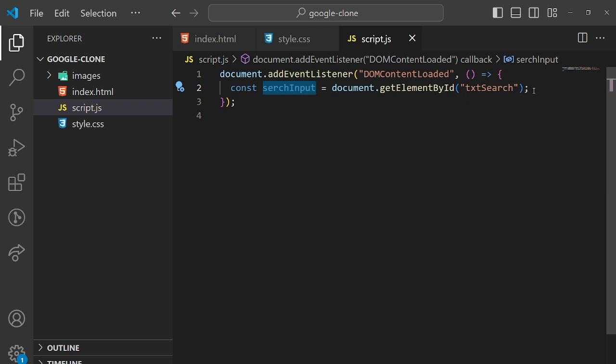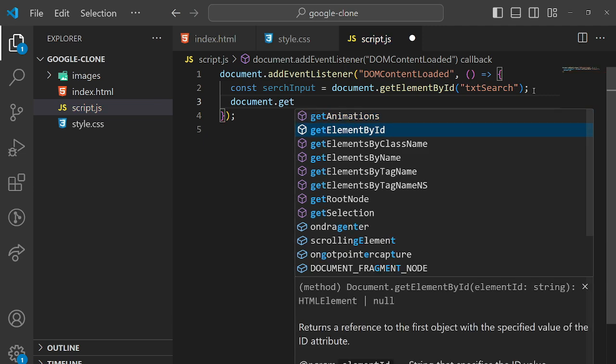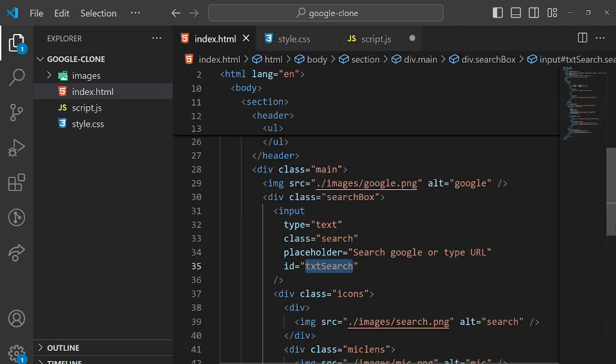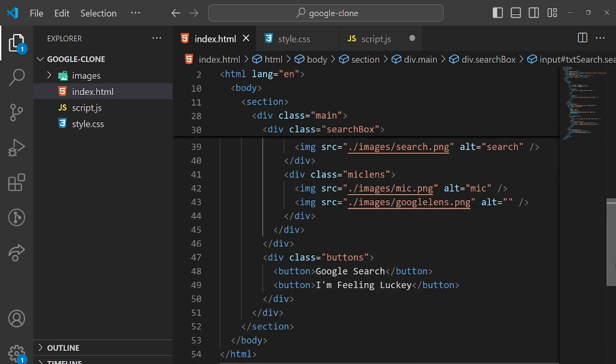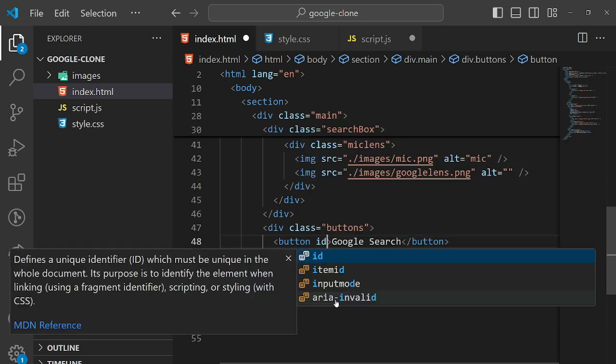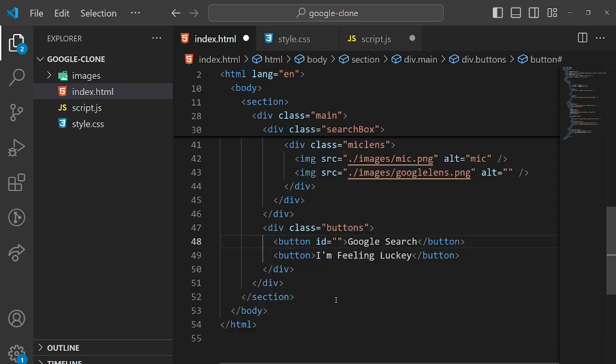Okay, so next we need to create a button element here. For that, document.getElementById, and here we need to target this button tag. Inside this button tag we have to create an ID, and the ID name is btnGoogleSearch.